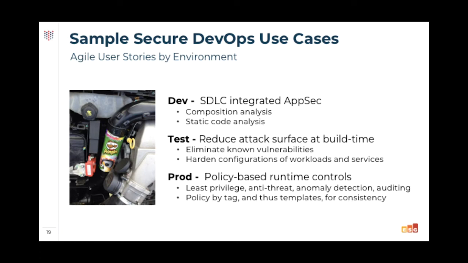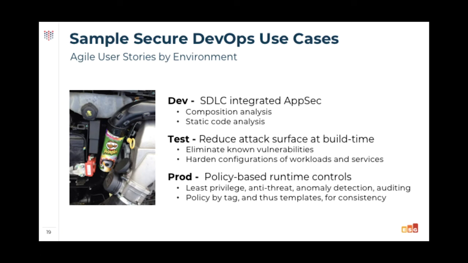At dev time, we were just touching upon this in terms of doing composition analysis. So you basically have a bill of materials for all the elements in your source code. You do static code analysis just to verify that no vulnerabilities are being inadvertently introduced by your dev team. You'll find tools there that are integrated with that phase of the cycle. They might even highlight what line of code introduced the vulnerability right in the IDE. They ideally would open up tickets in something like Jira,